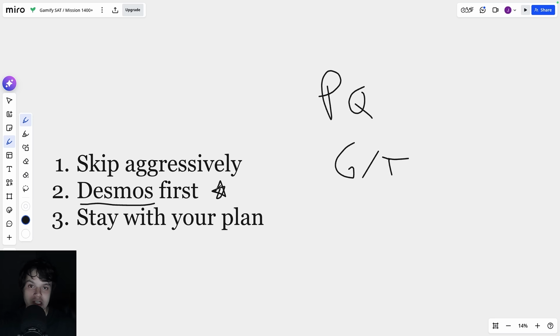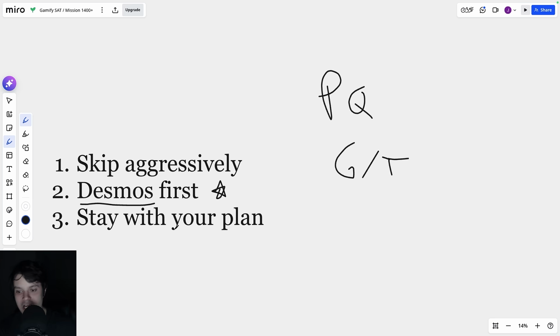And so when you see a difficult problem, the first thing you should think of is, can I use Desmos on this thing? That should be really the first thing that should always come to mind. Because if you can, it's going to save so much time. It's going to save an unbelievable amount of time that you can then use for some of the harder questions of the test. I've talked to, again, some smarter students who have been under the impression that they must always try to solve by hand if possible. And that's, again, just a way that you're going to ruin your SAT.